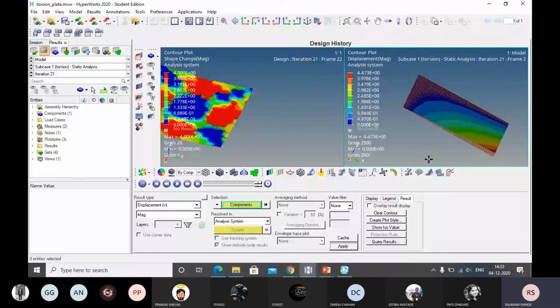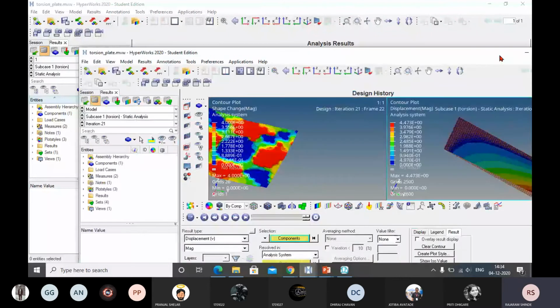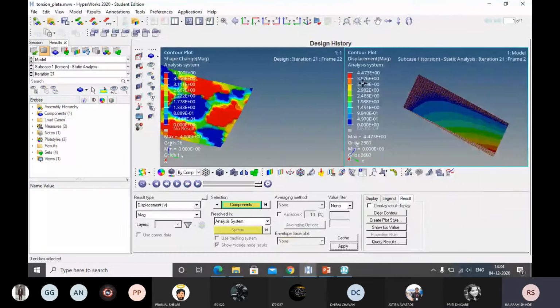It is 3.9, that means here you will get 39 millimeter without optimization. Without optimization, we have 39 millimeter deformation, and with optimization, we have 4.47 only. That means up to 5 millimeter. That much displacement we have reduced. Okay, you can see here. You can observe this one.